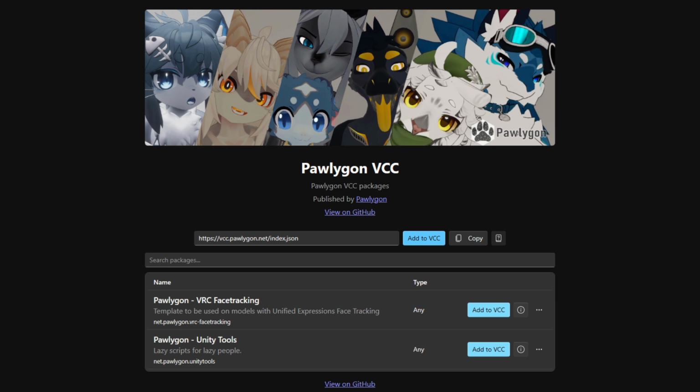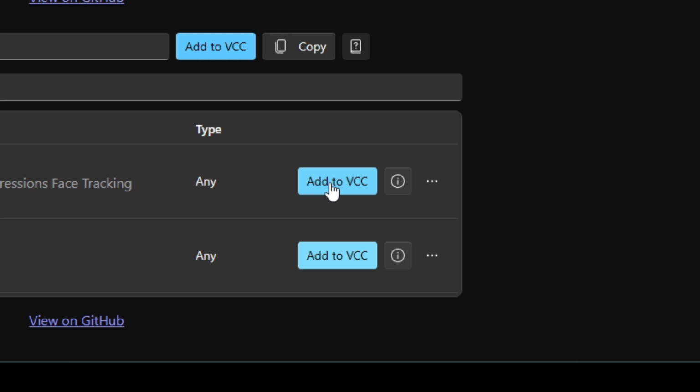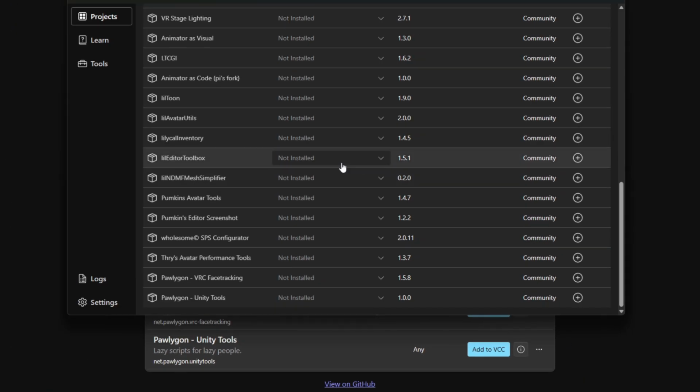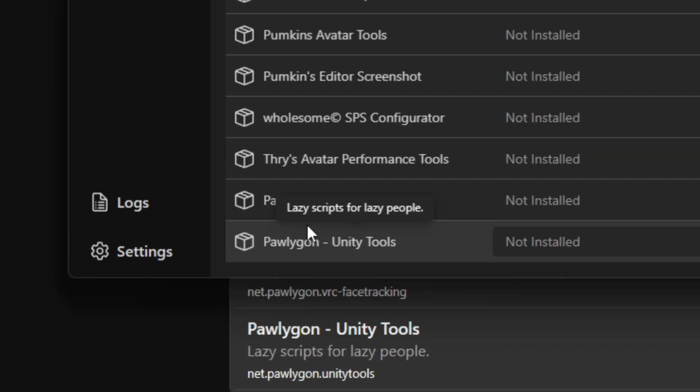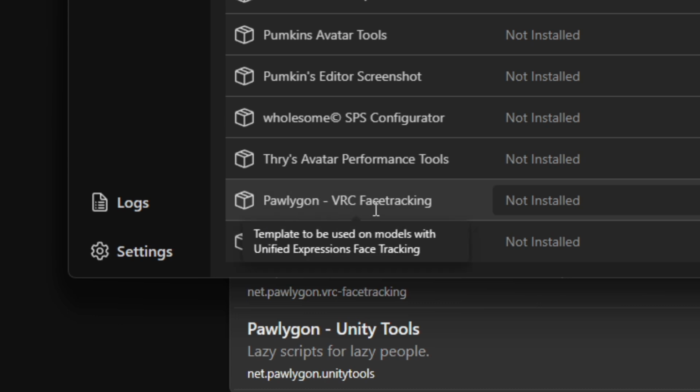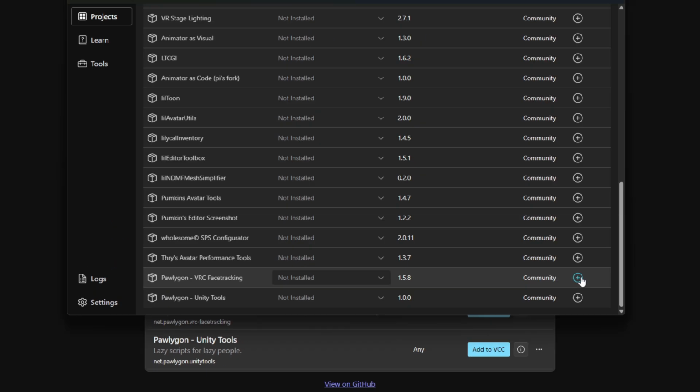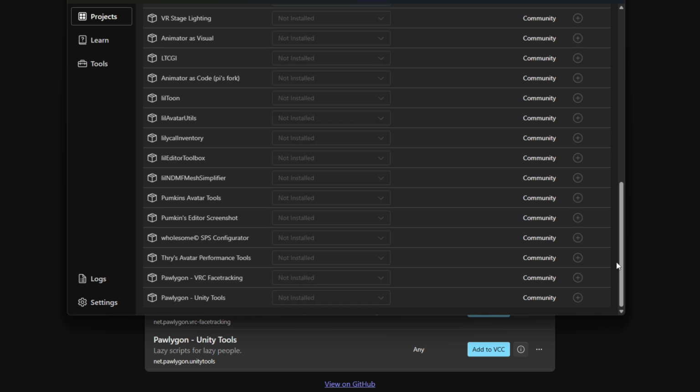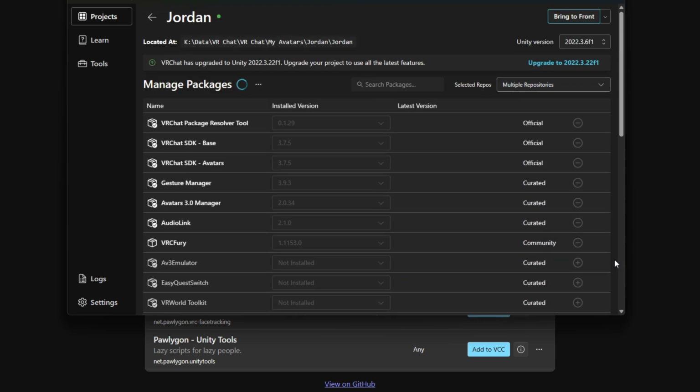So first of all, you need the Polygon VCC face tracking template. Simply go to vcc.polygon.net, add to VCC, and in your Creator Companion you shall have the option Polygon VRC face tracking. Go ahead and add that to your Jordan project. And once added,